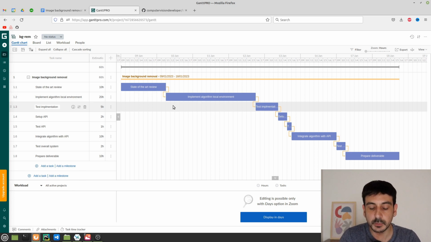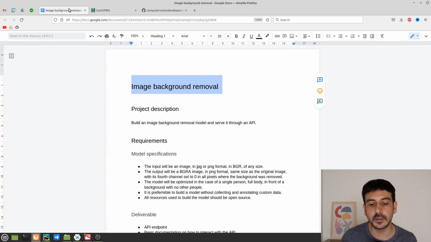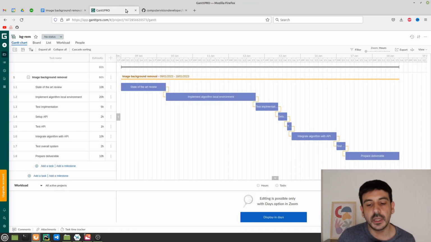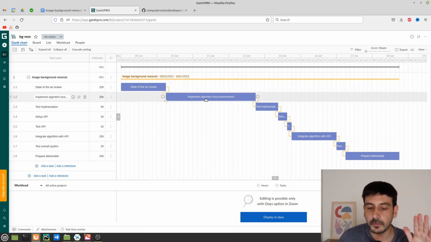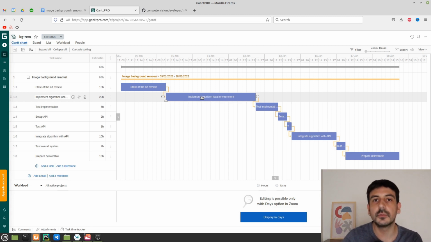Obviously, the more experience you gain and the more projects you take, you start getting some intuition regarding the risk associated with different fields or different types of projects. And I will say that in this case, as we are working on image background removal, it's very likely that we are going to have a successful implementation, right? I will go even further and say it's very likely we are going to find more than one GitHub repository that we can use pretty much out of the box, right? That's what my intuition about this problem tells me, because